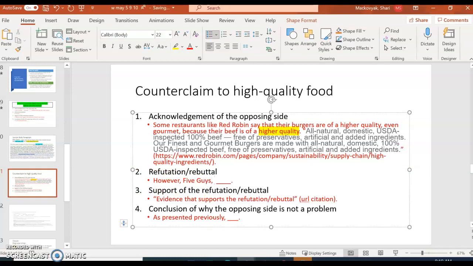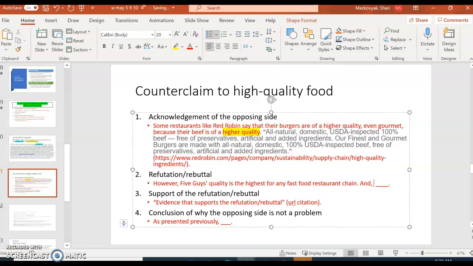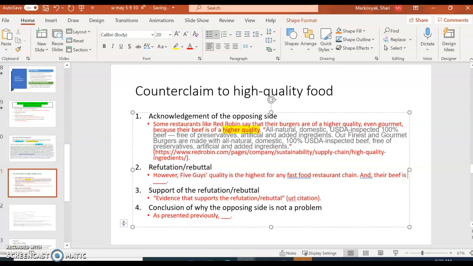Five Guys quality is the highest for any fast food restaurant chain, and their beef is also grass-fed, and I think there's some other things.